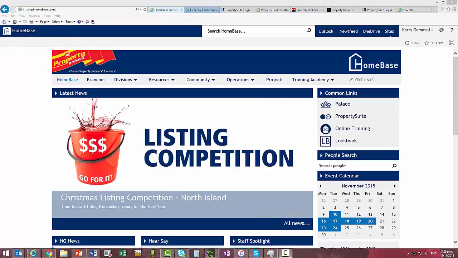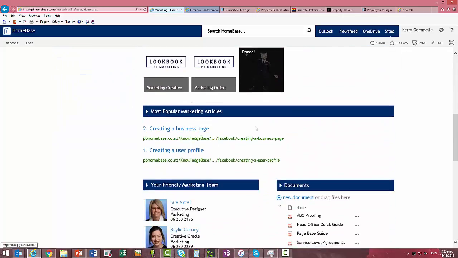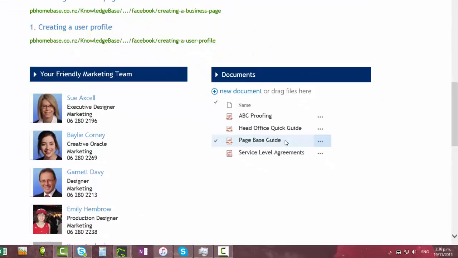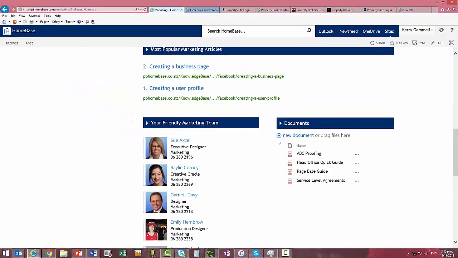Right, so let's have a look at how you can attach a document within a post. Let's say I've come across a document. You go to where the document is. I'm going to go to an example in marketing. And if you come down to, say, the document library down here, and we've got a page-based guide that I'm going to share. So we click the ellipsis, and here you're going to see the URL, what we refer to as the URL or the website link. So if I click into that and do Control C, and then close out of here, and then go back up to About Me,